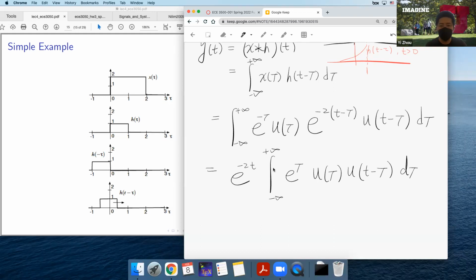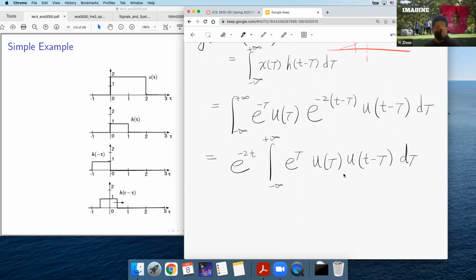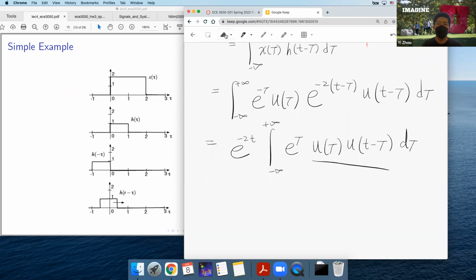And then we need to evaluate this integration. This t is given. Now, we know how to do integration of exponential functions. But this one, we have this exponential of tau multiplied by 2 unit step functions. And we can very quickly, if you look at the picture of these 2 unit step functions,